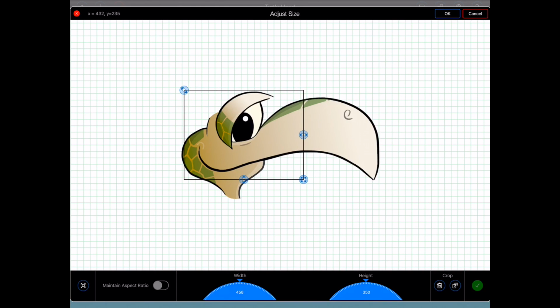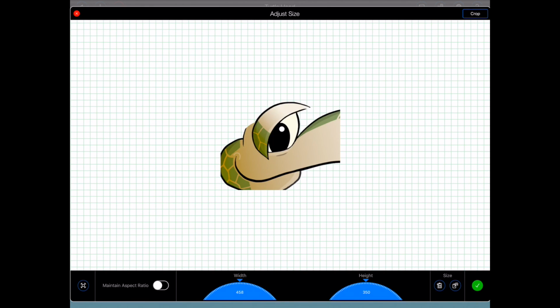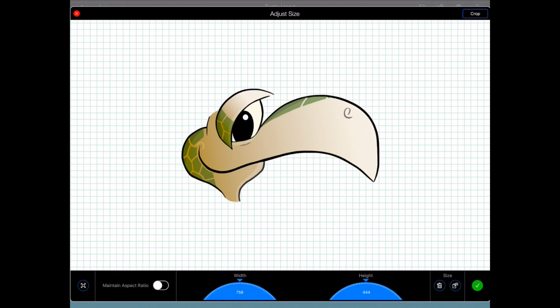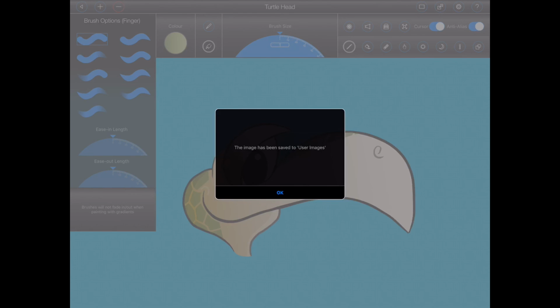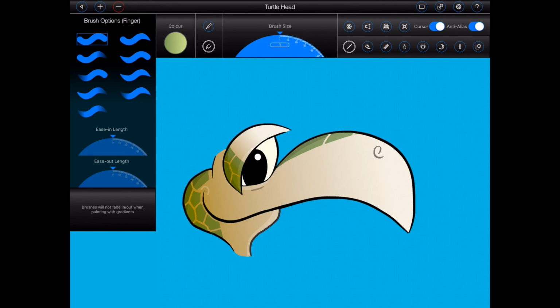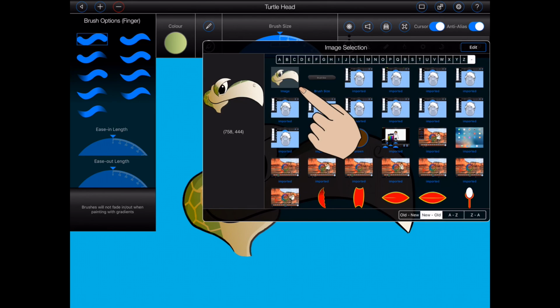When you're done, press the OK button at the top of the screen to apply the crop, or alternatively, press Cancel to exit cropping mode without making any changes. At any time, if you've made a mistake, you can always press the Reset button to put the image back to its original or default size and remove any crops. Finally, press the green tick button at the bottom right corner to apply the changes and finish. Now we just saved the image, so it should be available in the File Manager.